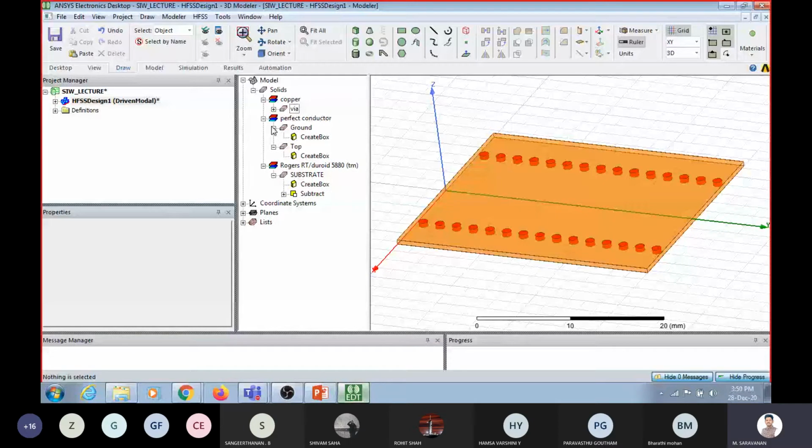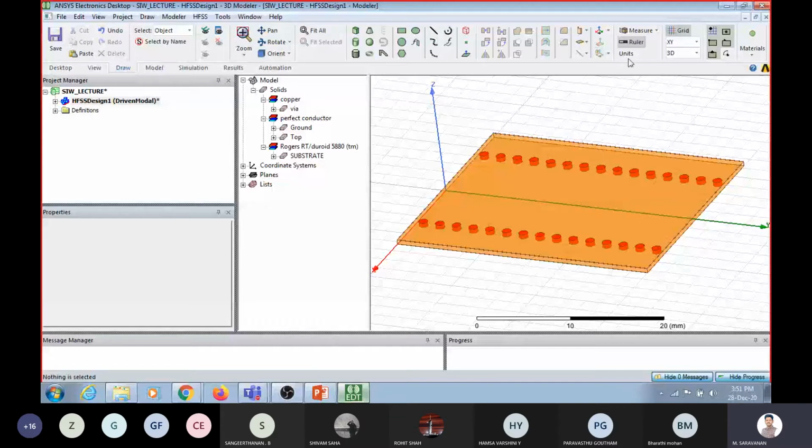So first we have to create an excitation. This is a 2-port network. This is a transmission line. Waveguide is nothing but a transmission line, which is a 2-port network. But the previous example which we have seen is a horn antenna, which is a single port. At one port you are giving excitation, and on the other side it will be radiated out. But if you take a transmission line, it is a 2-port network. So we have to create 2 ports, one port here, the other port on the other side of the guide.